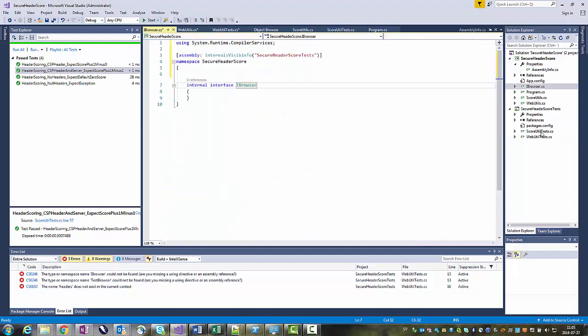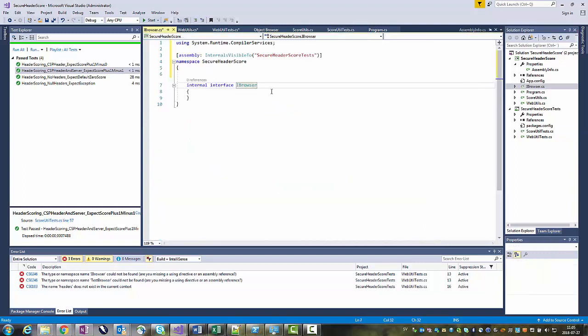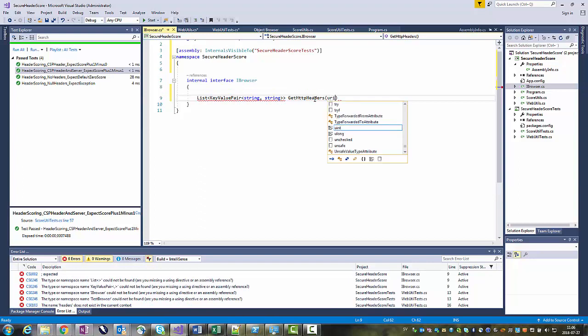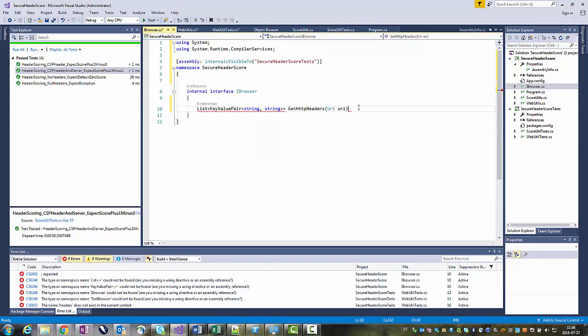Ultimately, I guess we want headers. So if we can go back to how our headers look. In our tests, we were using a key value pair, a list of them. So I guess in our IBrowser, ultimately we're going to look for some method that returns from a web page a list of key value pairs, which contains the headers. So we can create a method called GetHttpHeaders, which will return our headers list, and it will take as an input perhaps a System URI. So let's add the System using. Okay, so we have our first interface method,